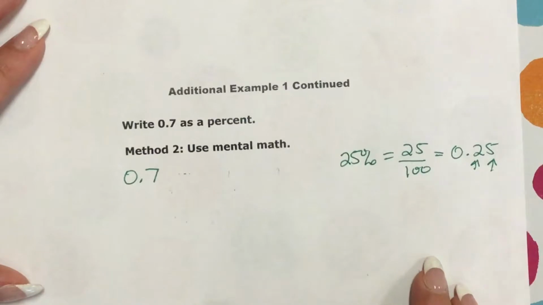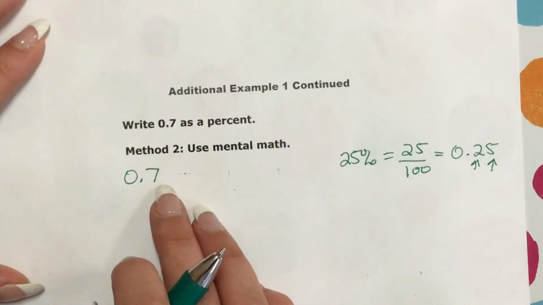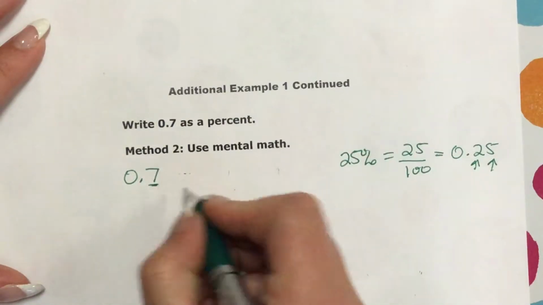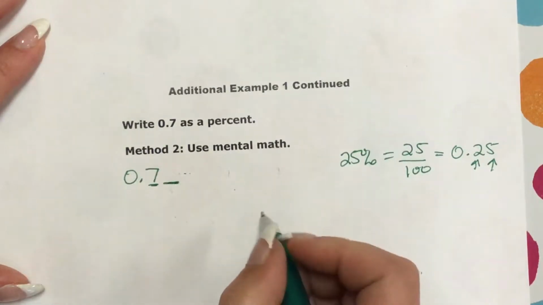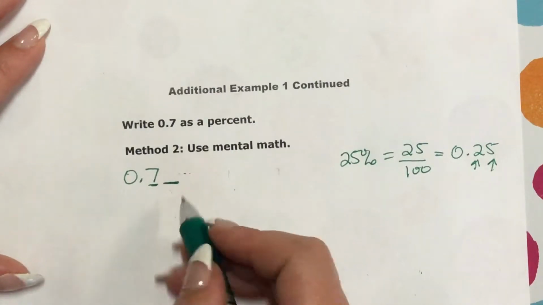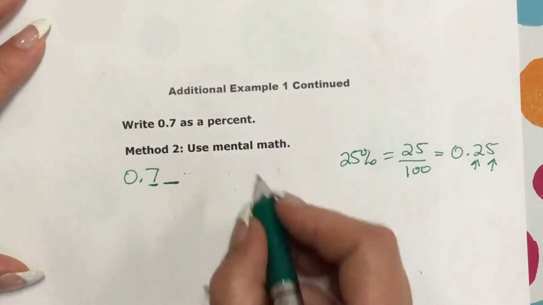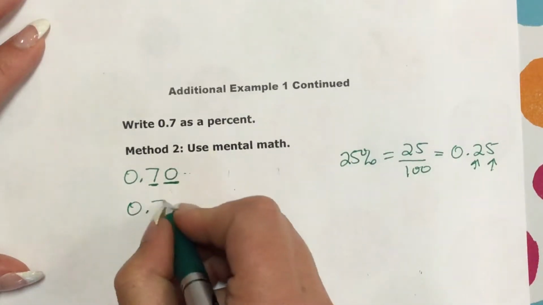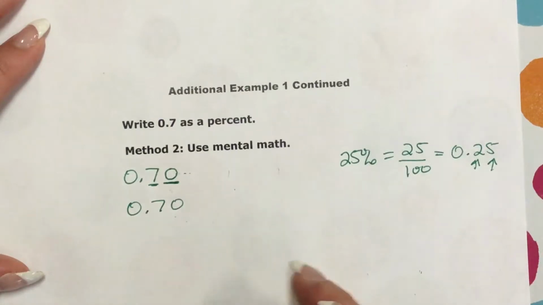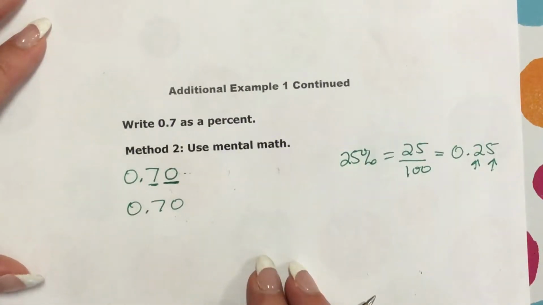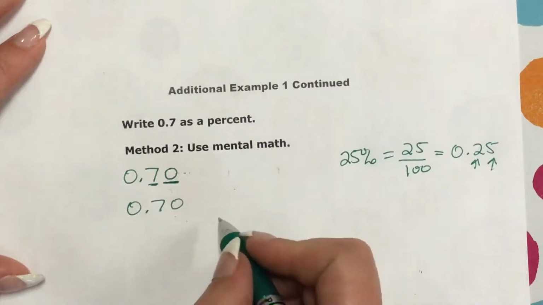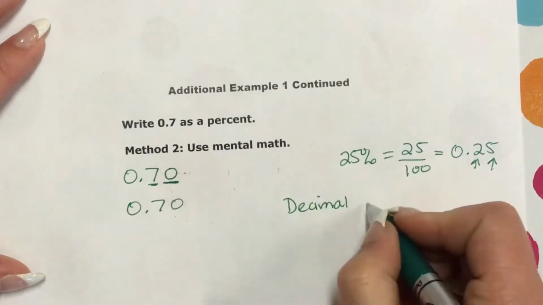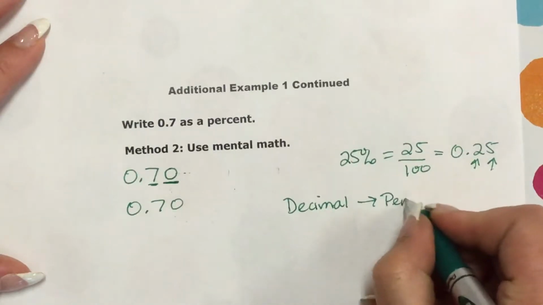So what we're going to do is rewrite this decimal so it goes to the hundredths place. This is the tenths place, and we need this to go to the hundredths place. Well, there's nothing there. So what do we put there when there's nothing there? Well, we put a 0. Okay, so now we have 0.70. And to convert this to a percentage, when you have a decimal and you're going straight to a percentage,